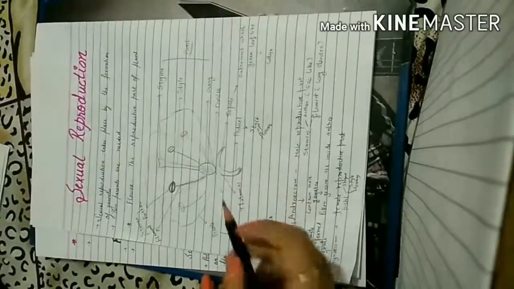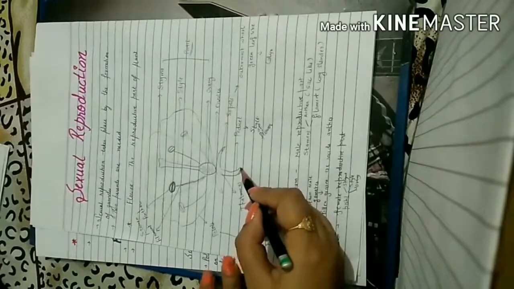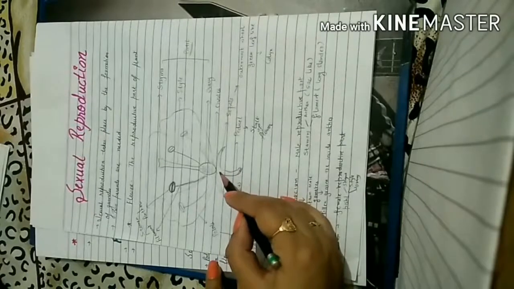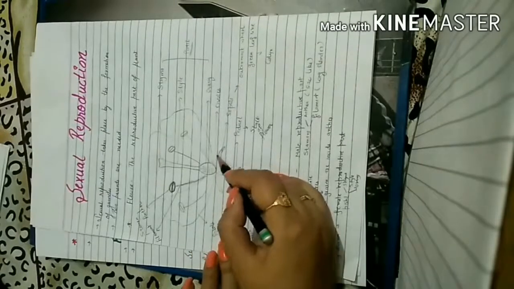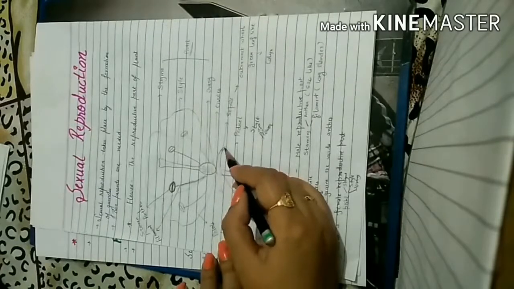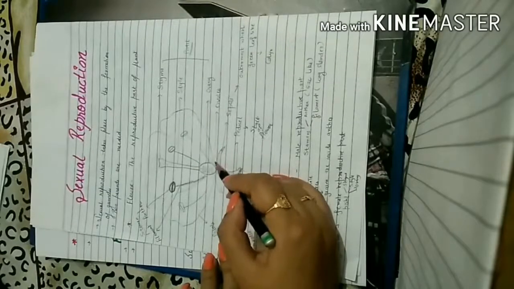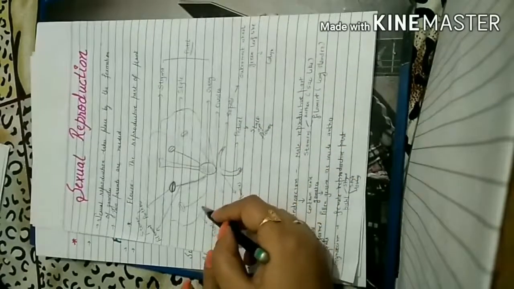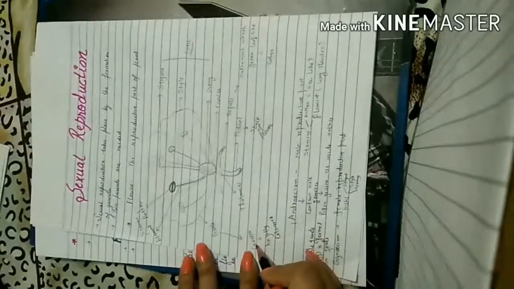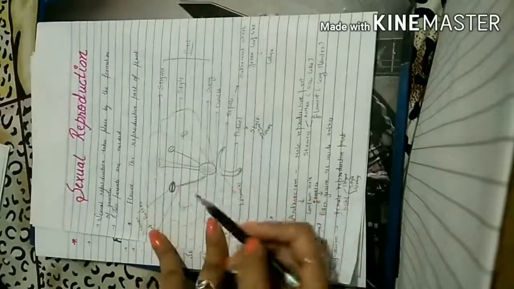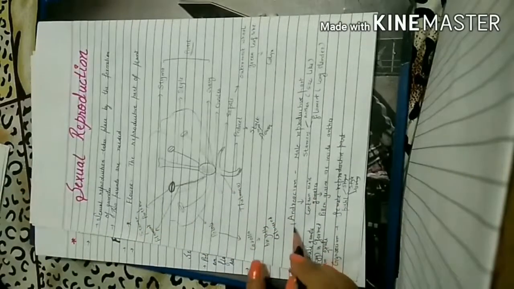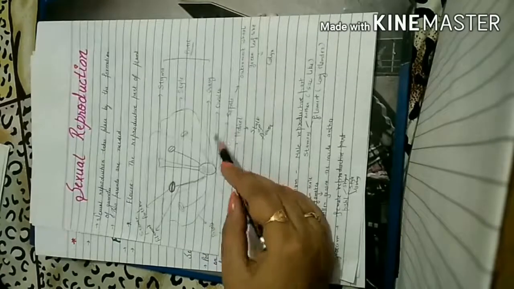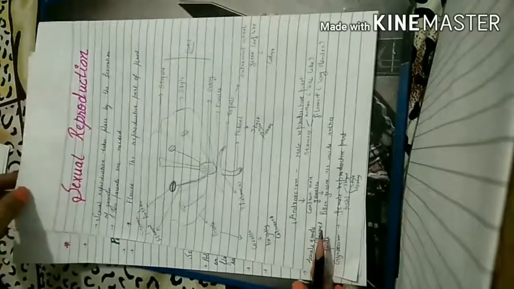Then there is a pedicel. Pedicel is the stalk of a flower, and the swollen or the terminal part of the pedicel is known as thalamus. Then comes the sepals. Sepals are the green leaf-like parts in a flower, and a group of sepals is known as calyx. Then there are brightly colored petals, and a group of petals is known as corolla. So what we have studied in this flower, first is androecium, then gynoecium, then pedicel, thalamus, sepals and petals. So this is about flower.